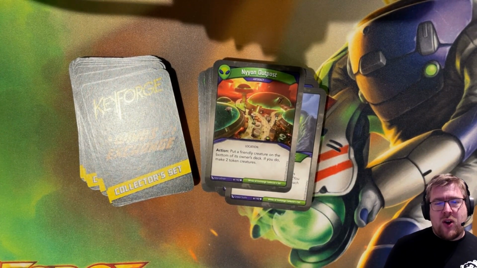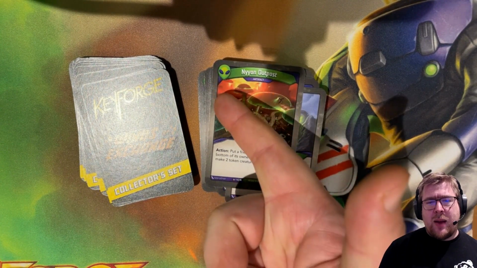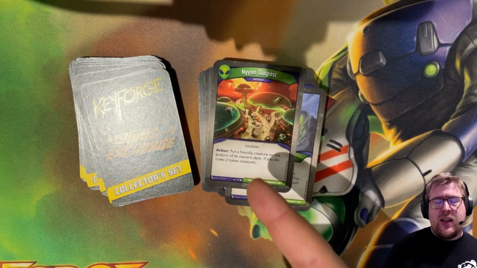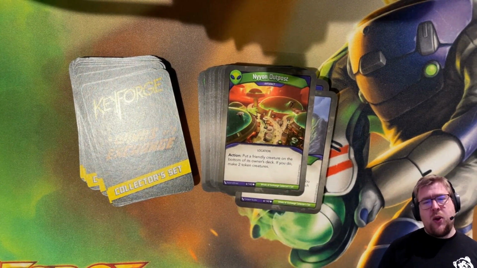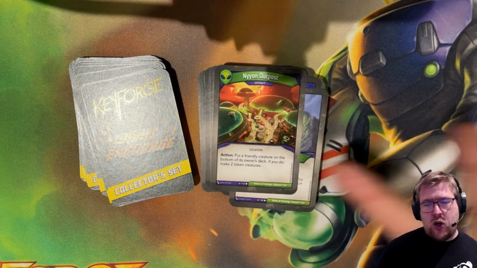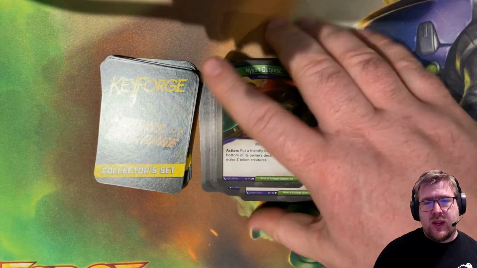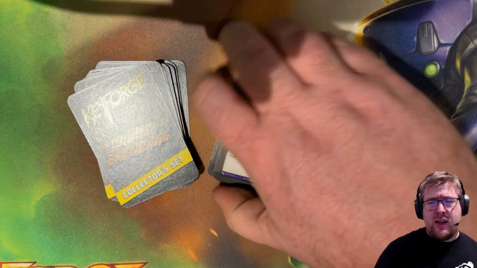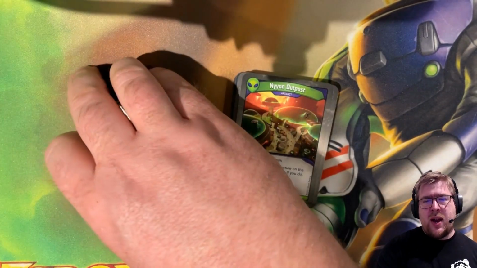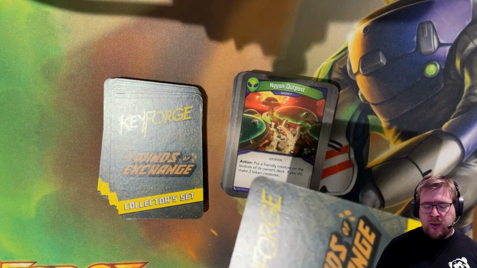Nyan Outpost is an artifact and location. This is one of the few outposts that does not have an amber pip on it, and it's the only one that references tokens. So this one, you put a friendly creature on the bottom of its owner's deck. If you do, you make 2 tokens. So the other outposts could really all come back theoretically, but Nyan Outpost can only be available if there are